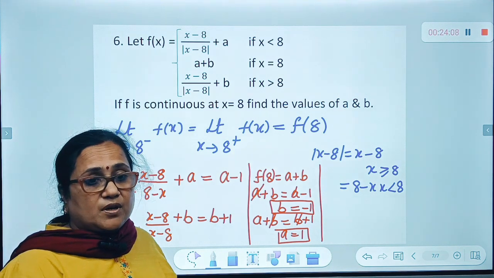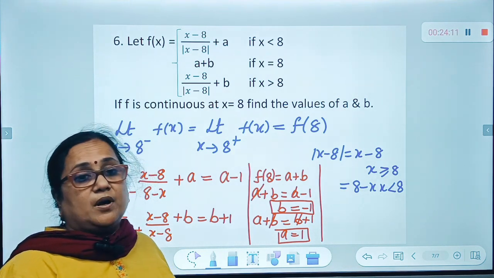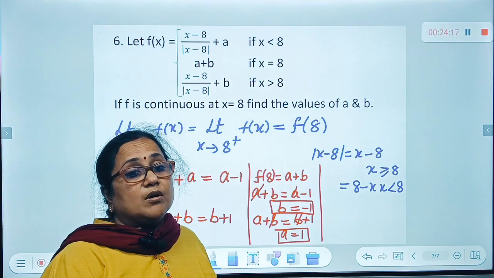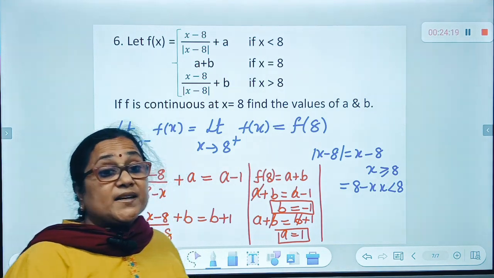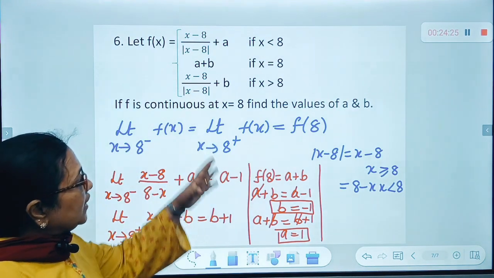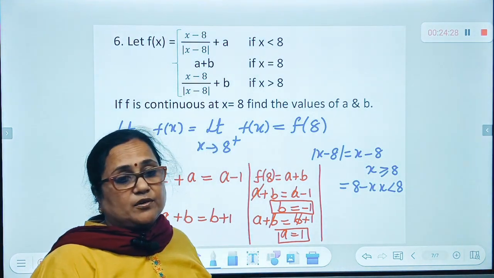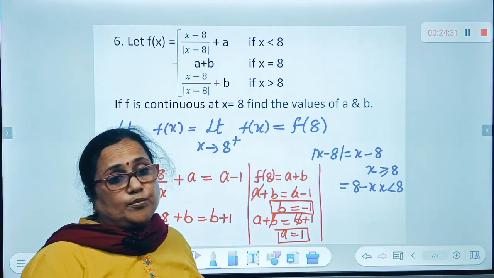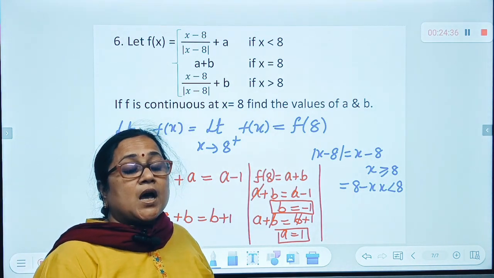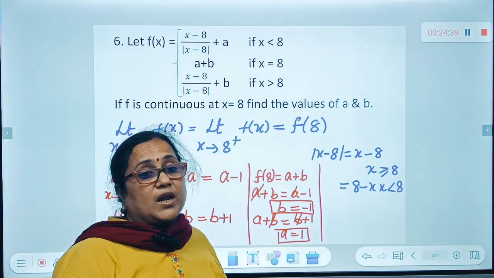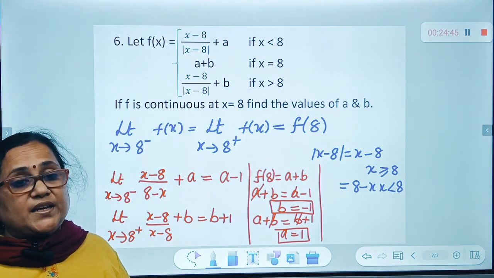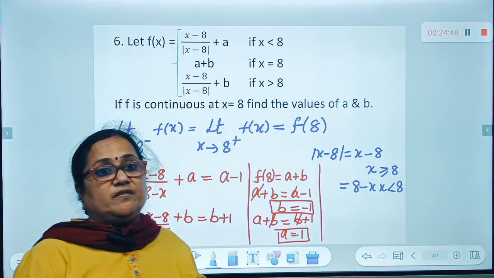In fact, in my next video, I am going to use GeoGebra to show how certain functions which you cannot visualize actually appear in the graph. Because mathematics is about connecting geometrical objects with their algebraic expressions. What we have done today has dealt with algebraic manipulation. So in the next video, where I will be using GeoGebra, we will see how the graph of these functions looks, and when you see a continuous function, you know that there should not be any break or gap, and we will see whether that is observed when you see the graph.